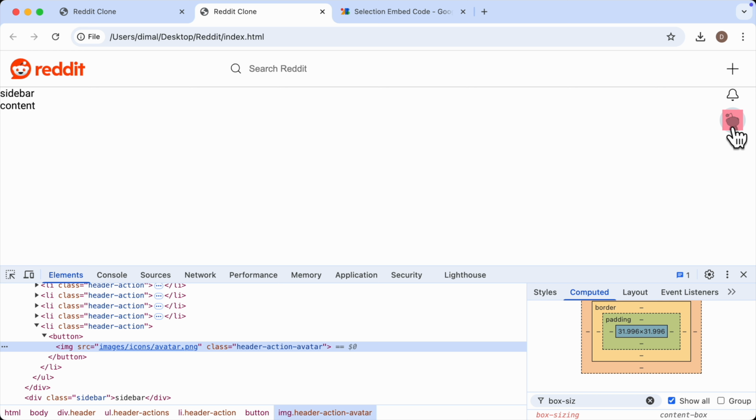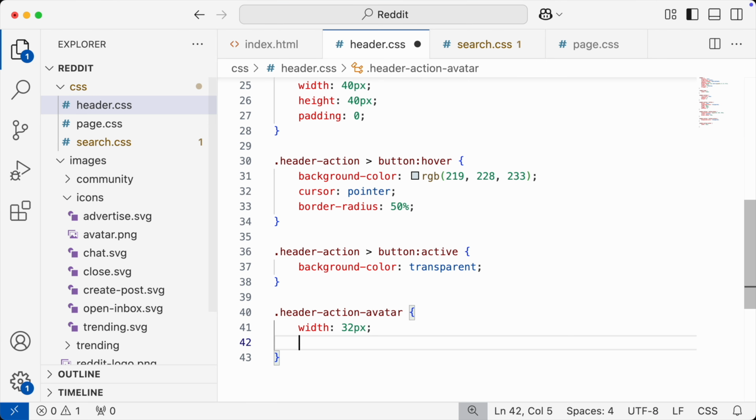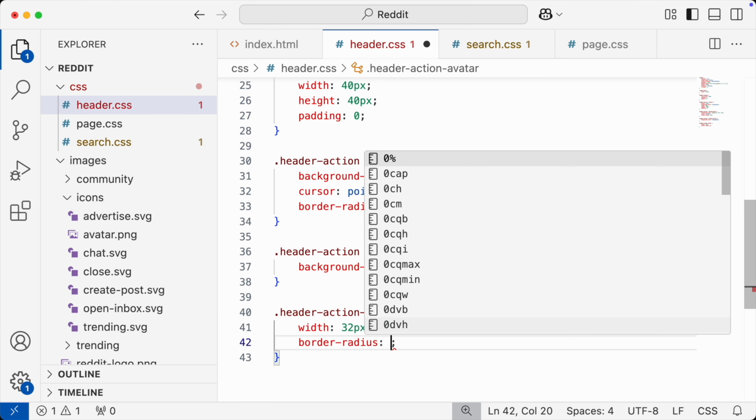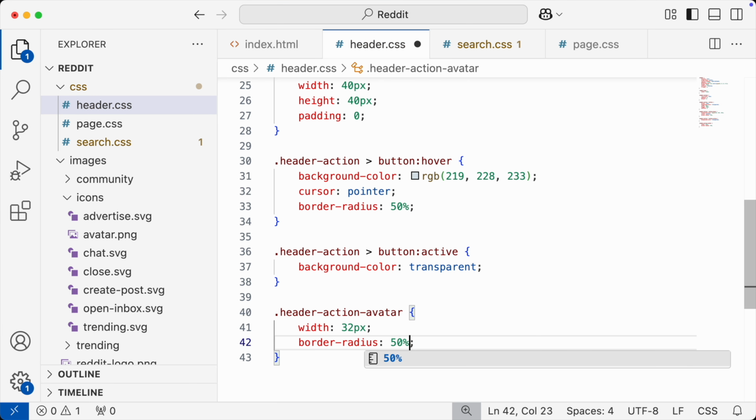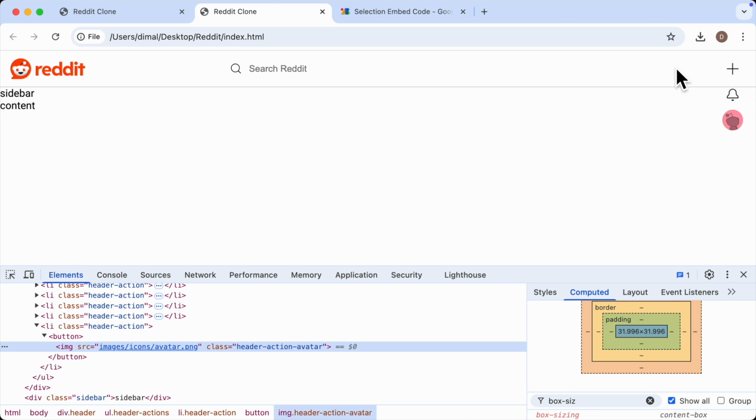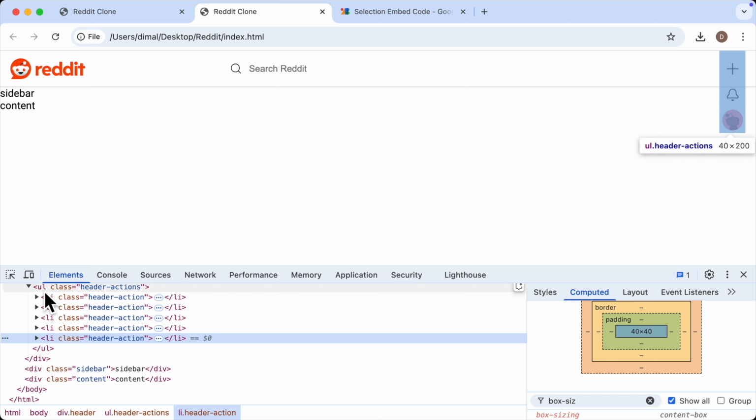and let's make it a circle. And that should be easy, right? We just need to use the border radius property and set it to 50%. Great. Next, let's position our header actions horizontally, and for that, we can make their parent, which is this UL